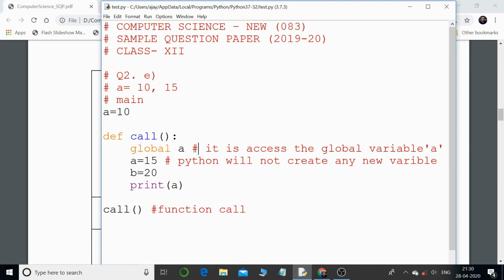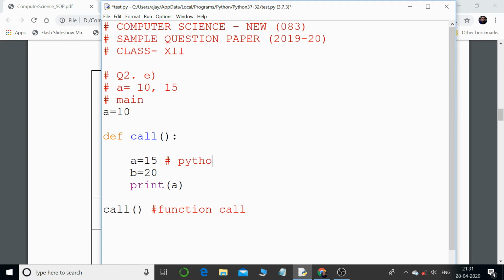What if we remove this statement and this one? Now in this case, when I give a call to the function and a is equal to 15, Python will create a local variable. Understand it.